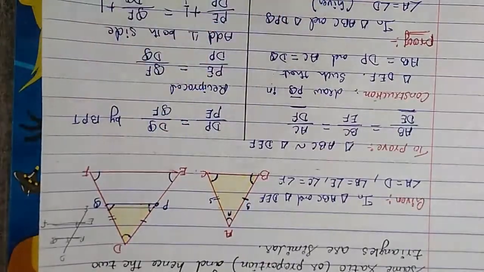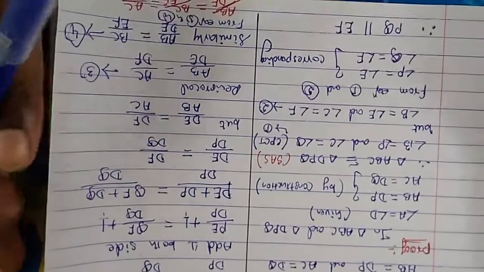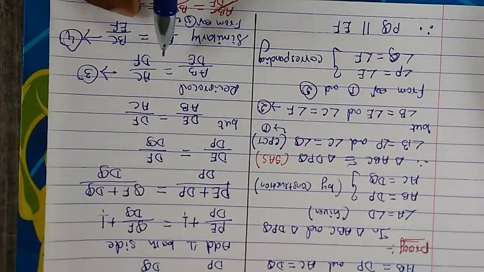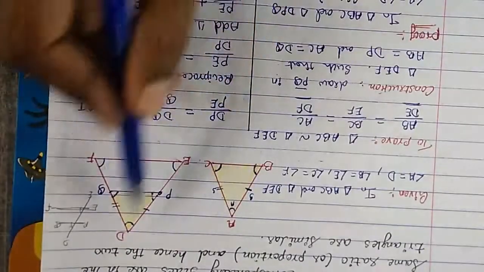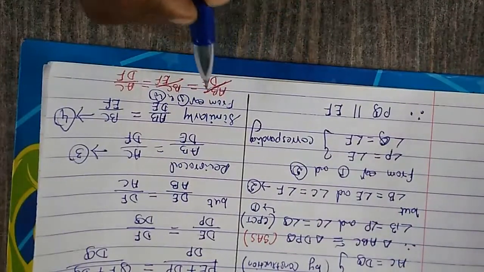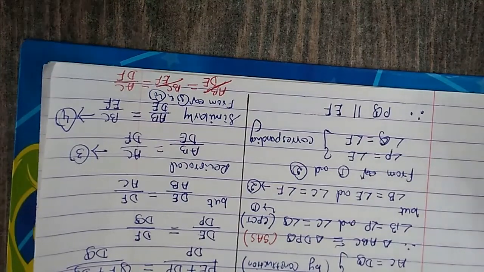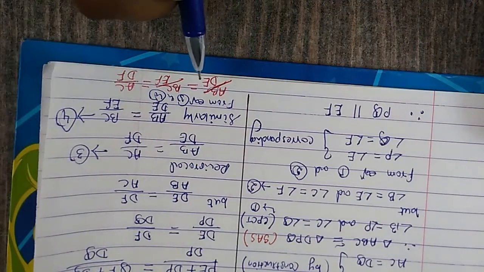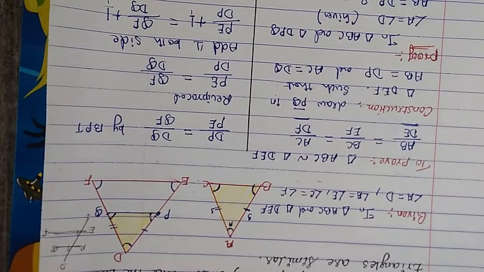Then we take the reciprocal, so we prove that the ratios of both the triangles' sides are equal. If two sides' ratios are equal, similarly the third will also be equal. So that's what we end up with here. Thus we proved that the triangles are similar, because if the ratios are equal, then both the triangles are similar. So that's it. Thank you and God bless you.